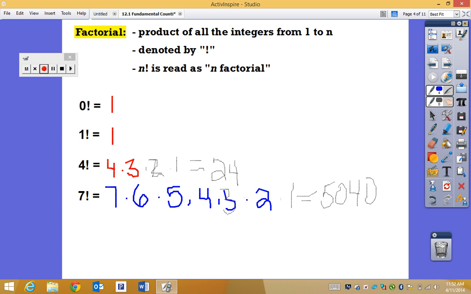Now, what I would like you to do is to take a look at your graphing calculator, and under the math menu, if you arrow over to probability, PRB, you'll notice in that section there is a factorial button,